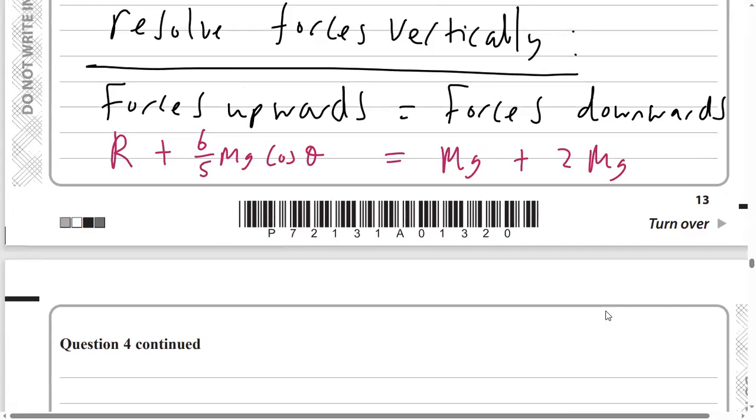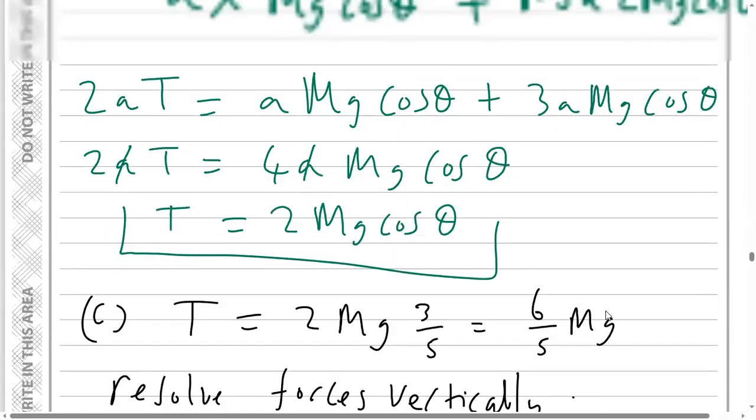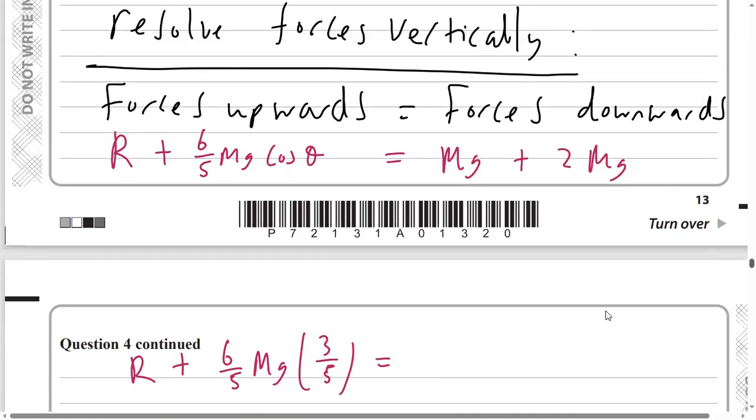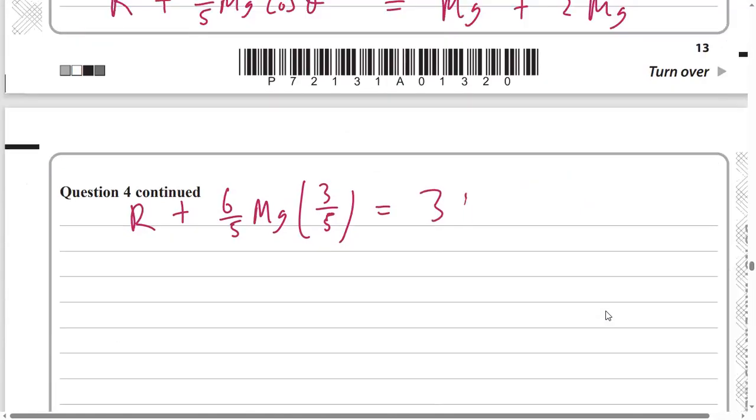Okay, great. So now we've got R plus 6 over 5 times mg. And then remember again that cos theta is equal to 3 over 5. We'll just plug that in again. So 3 over 5, and that's going to be equal to, again, mg plus 2 mg, so 3 mg. So therefore, the reaction force is going to be 3 mg